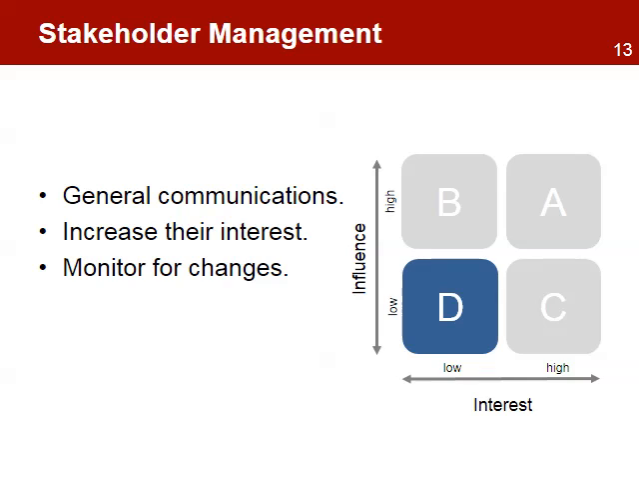The final group in the matrix is category D stakeholders. Low interest and low influence make this group the lowest priority in the project manager's efforts to manage the relationships with the stakeholders. Some general communications may be useful to increase their interest. The project managers should not spend too much time and effort on this group of stakeholders, but they should be